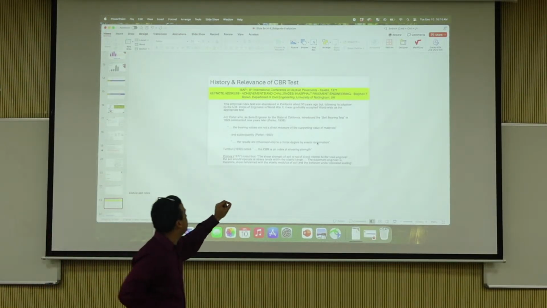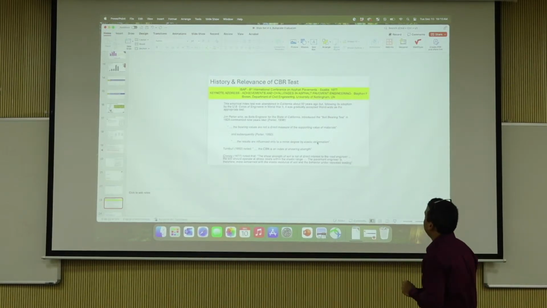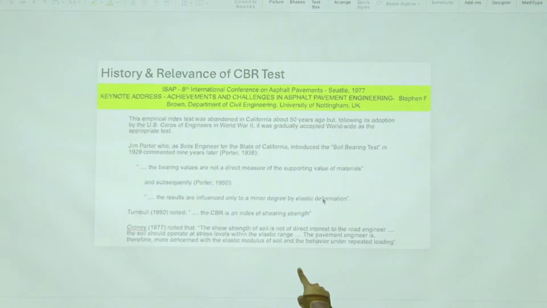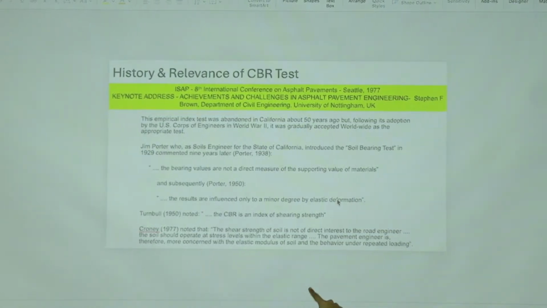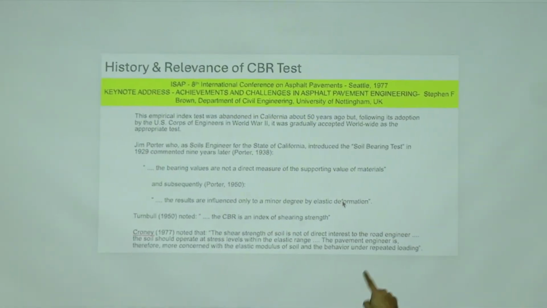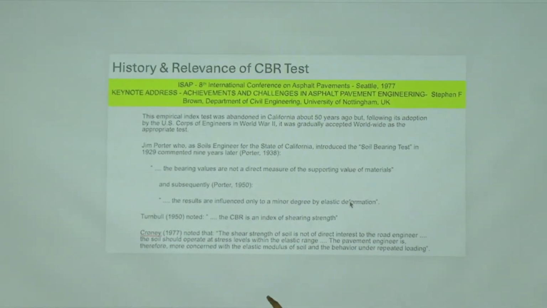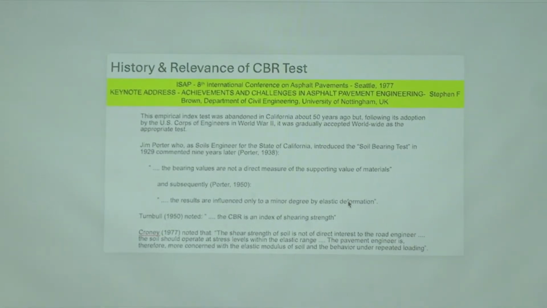1977 keynote address by Stephen Brown, 50 years ago at Nottingham. He said Jim Porter, who as the soils engineer for the state of California introduced this, said in 1938 the bearing values are not a direct measure of supporting value of materials. In 1950 he said the results are influenced only to a minor degree by elastic deformation. In 1950 Turnbull said the CBR is an index of shearing strength, and we use it all the time to predict modulus,